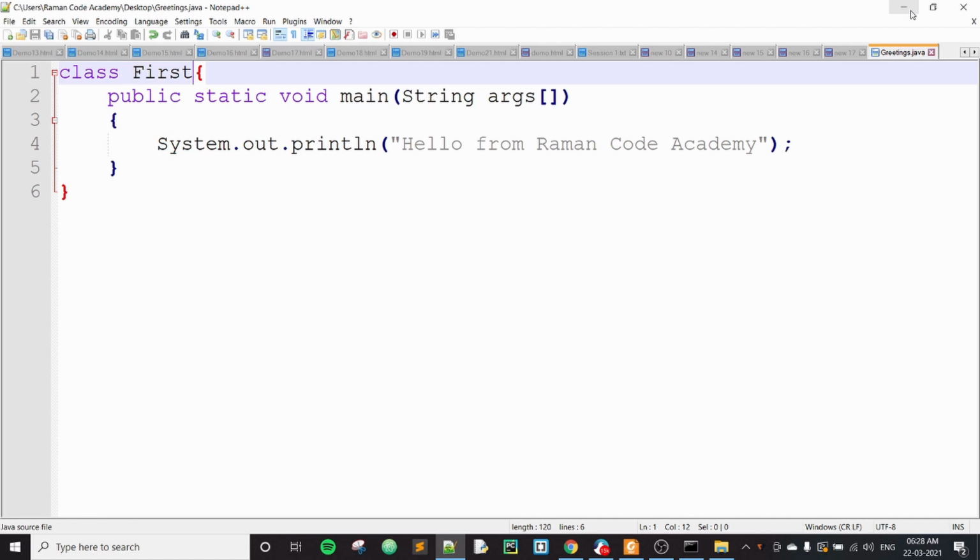So other programming languages like C, C++, C Sharp give you an .exe file, whereas in Java it will give you a .class file. This .class file will be in bytecode format, which can be executed on any operating system that you have, like Windows, Linux, or Mac. We'll see a simple example. I'll show you how it works.